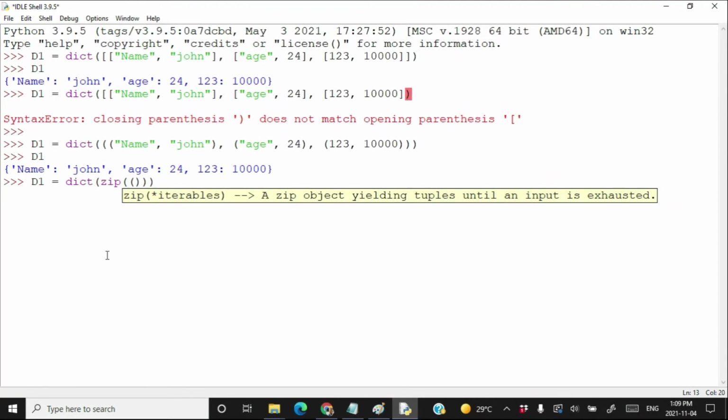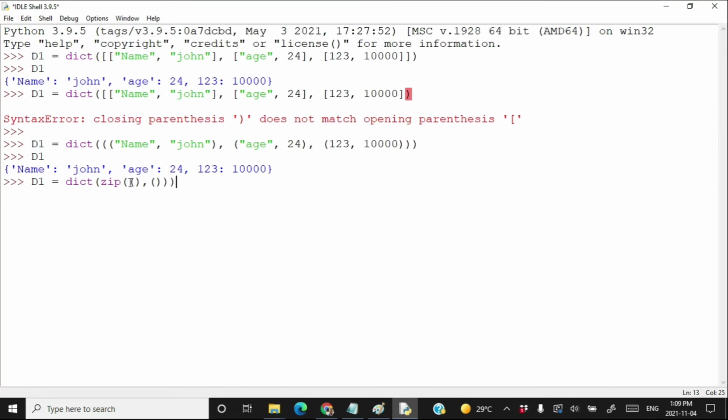One tuple, comma, second tuple. Whatever data you want as your key, provide it in the first tuple: name, age, and 123. And whatever data you want as your value, provide in the second tuple.